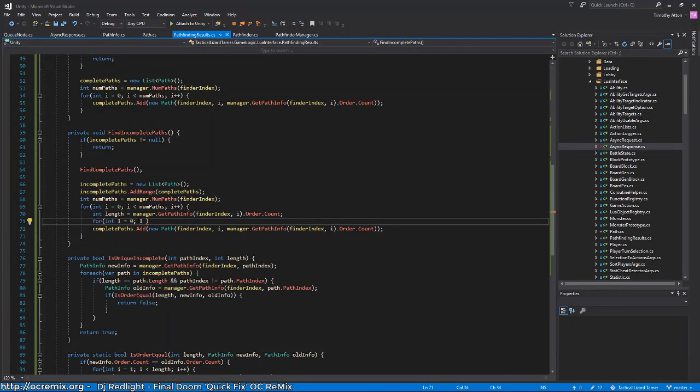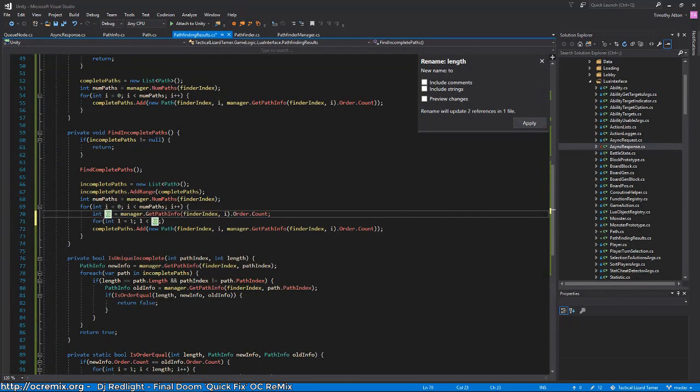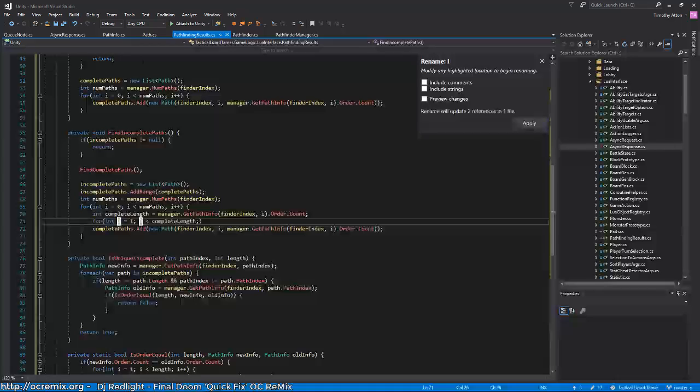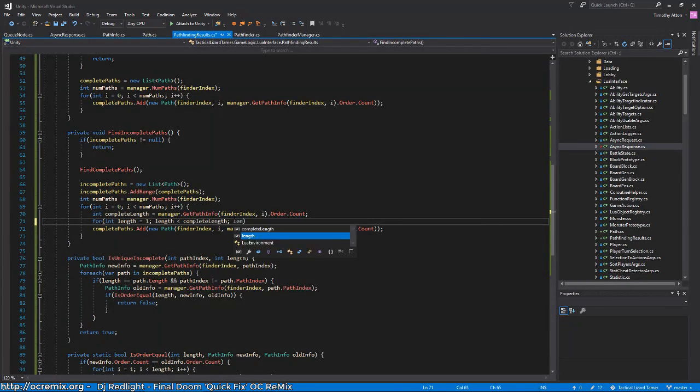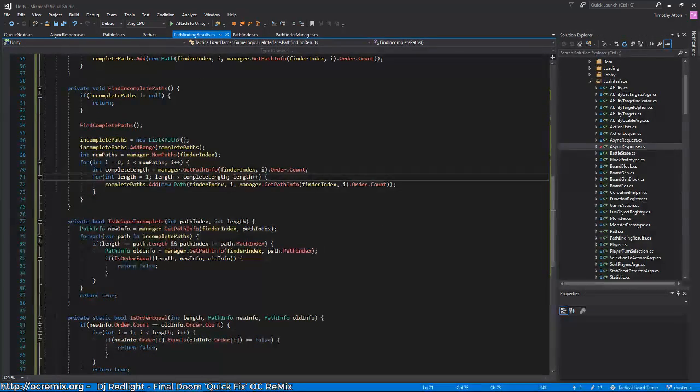So yeah, L. So 1, and then again here we won't try to create the full length path, so it'd be length -1. Okay, so yeah, if the length is less than the total length. So let's change this. Or let's call it complete length. And then how about instead of L, we just name it length. Okay, so if